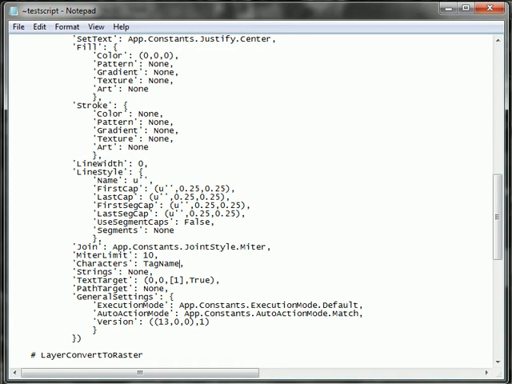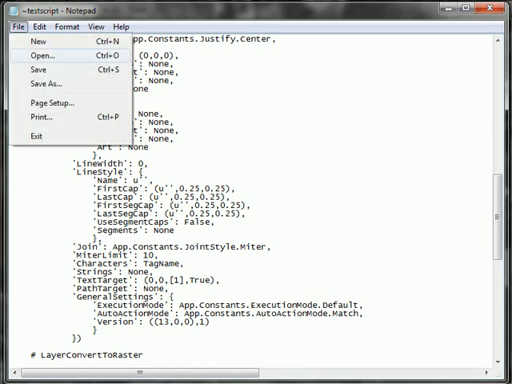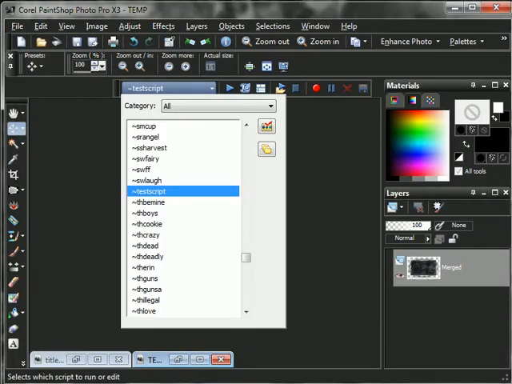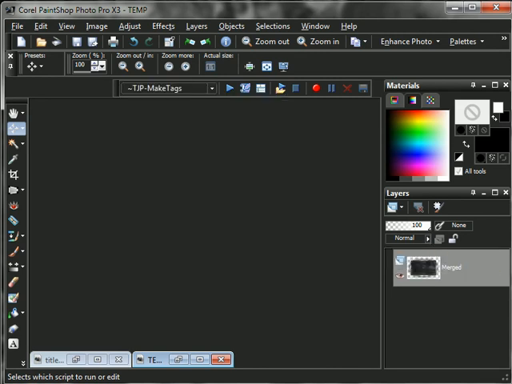You have to make sure that everything is specific when it comes to scripts, or one little thing will not make it work. So this all looks good. We're going to hit File, Save, and we can close that. Now the next one we need to change is actually our TJP. So I'm going to roll down, find that one and make it active, and then I'm going to edit that